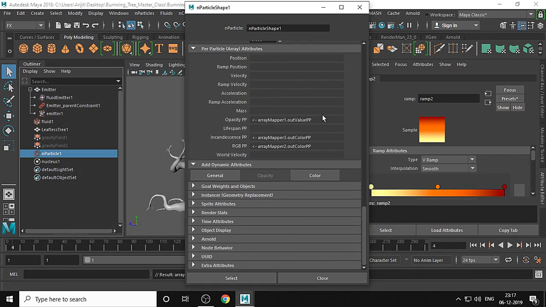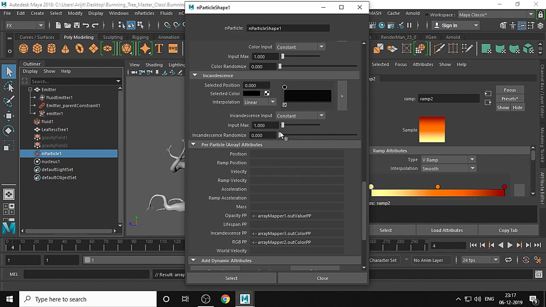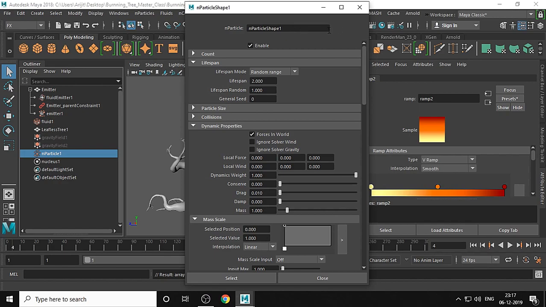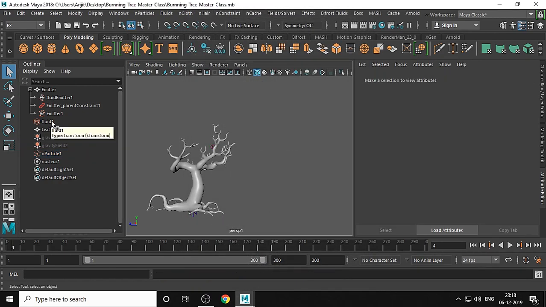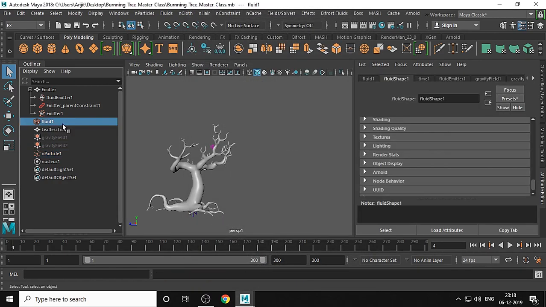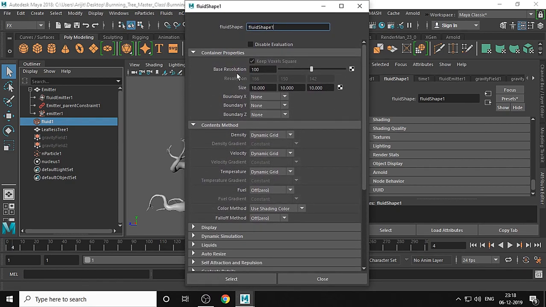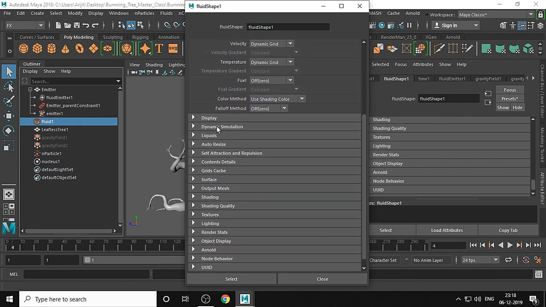So this is the opacity, this is the incandescence, this is the red, green, blue color you can put to your particle system. So this is the changes you should do inside particle shape node. Close it. Now you have to go to this fluid container, and we have to make some changes in this fluid container also. The base resolution is going to be only 20, and you have to come to dynamic simulation,